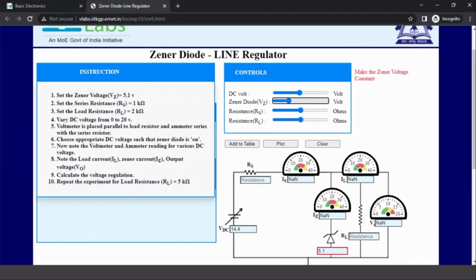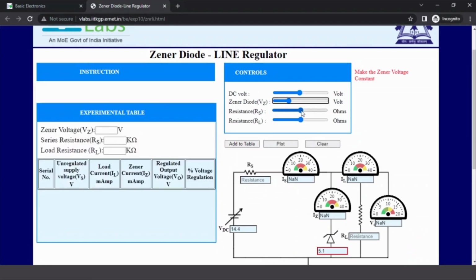5.1 and series resistance to 1, load resistance to 2 kilo ohm. Series resistance you can vary to 1 kilo ohm, and load resistance to 2 kilo ohms. The load is here, load resistance to 2 kilo ohms. That means, so this is 2 kilo ohms,